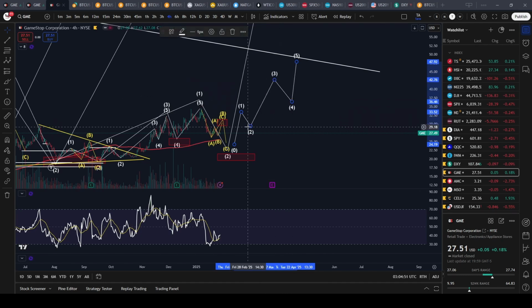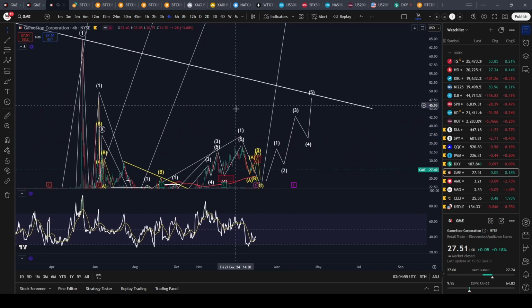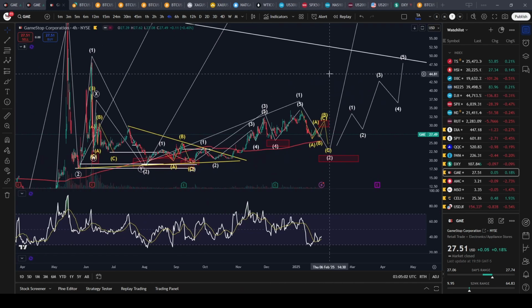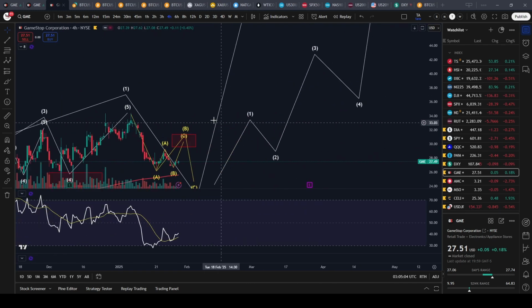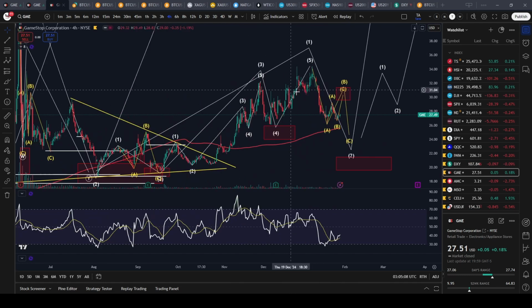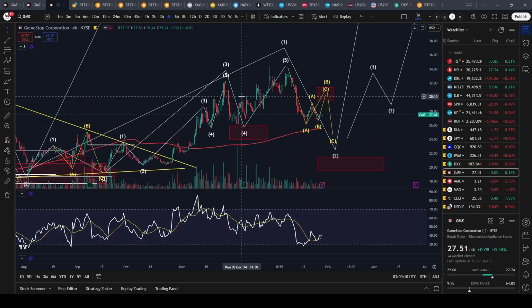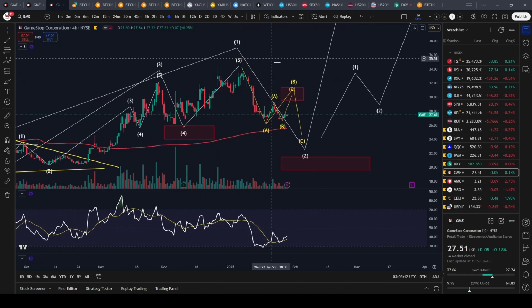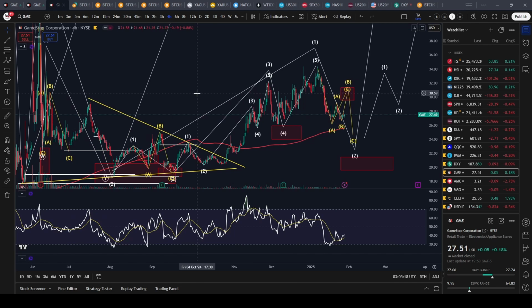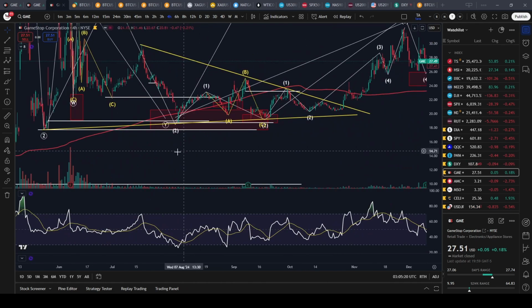And everyone's always talking about the mother of all short squeezes, but it'll probably start if we get to the squeeze levels of maybe $50. Yeah, the shorts will probably start panic covering at that point. In the moment, they've still got it. They're trying to maintain control by pushing it down, but we'll see. We'll see who wins. But yeah, that's my count, and I love it when people say it doesn't work, because